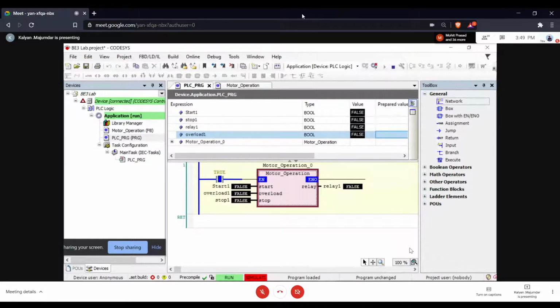So you can do that. You can again define another set of variables, start 2, overload 2, stop 2, relay 2, and you can just repeat this. You'll find that it works exactly the same way. And the last part is visualization, or HMI, or the graphic user interface. So how to do that? Again, we want to change the code. We want to introduce visualization. We want to introduce a graphic user interface. So stop this program from executing. Disconnect it from the